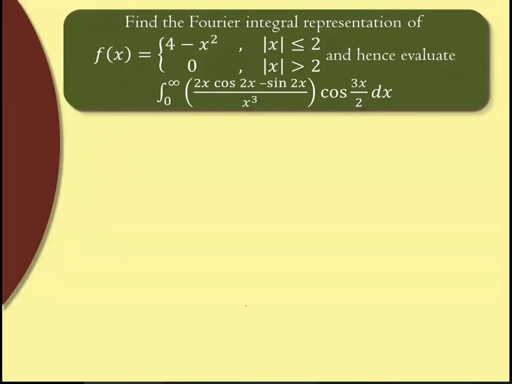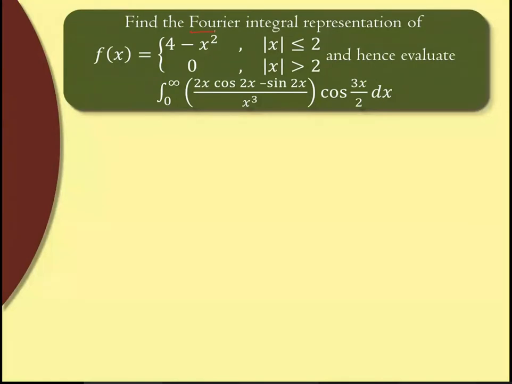Find the Fourier integral representation of f(x) = 4 - x² for |x| ≤ 2, and 0 for |x| > 2, and hence evaluate the integral from 0 to infinity of (2x cos 2x - sin 2x)/x³ into cos(3x/2) dx. Okay. Now here it is asked to find